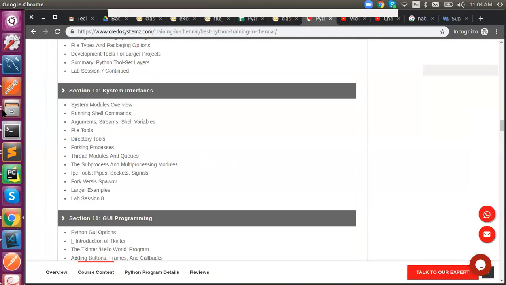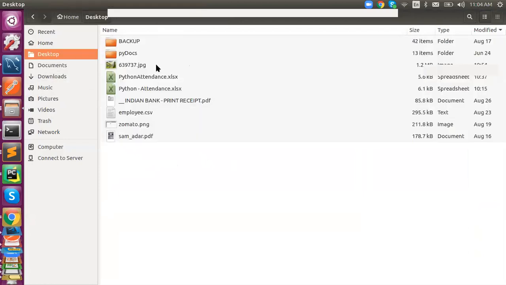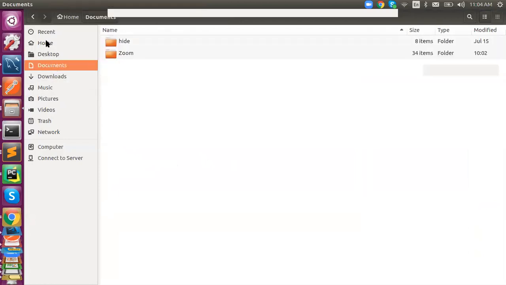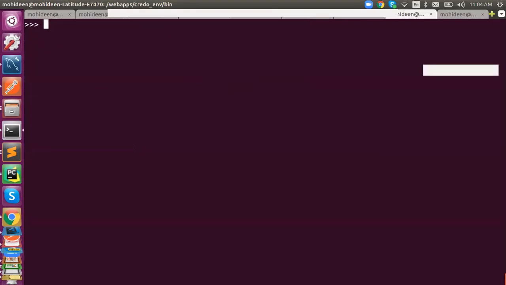Now let's see how they're fetching this file information. Once you click in a file browser, we have several menus. If you click desktop, it will list out the desktop, and it will list out documents. It will say home, etc. Now we're going to talk about that. For system interface, we have a module called OS. This is a major module which helps us interact with the machine. It will return what you want, I mean system relevant information.